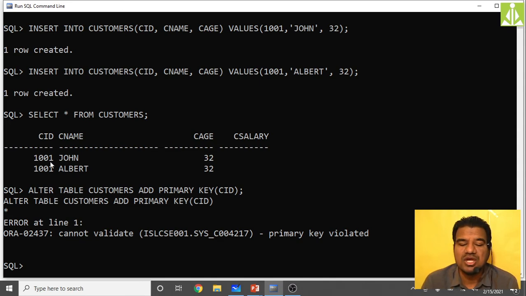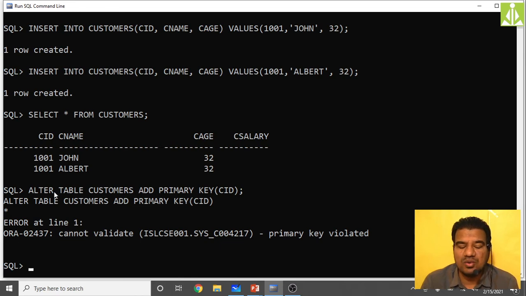Just make sure you do not have any duplicate values or null values when you are imposing the primary key. Just now we have seen that when this CID has duplicate values, immediately your database gives an error that there is a violation on the primary key. So it cannot impose the primary key on this particular column.